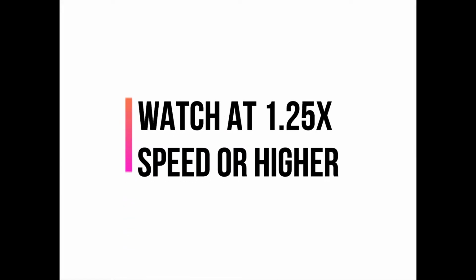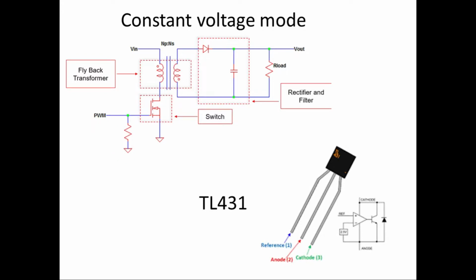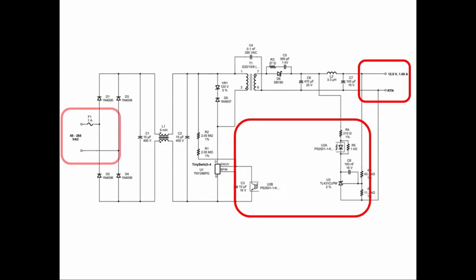Hi everyone, in today's tutorial we will try to learn about the IC that helps in operating the flyback converter in constant voltage mode, which goes by the name TL431. The flyback converter has certain electronics which enable us to have constant output DC voltage, irrespective of fluctuations in AC